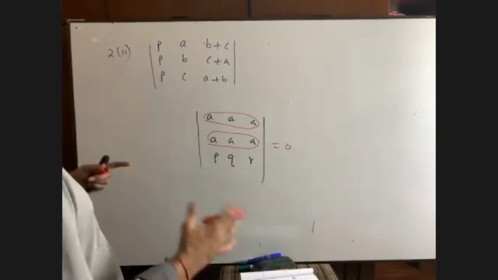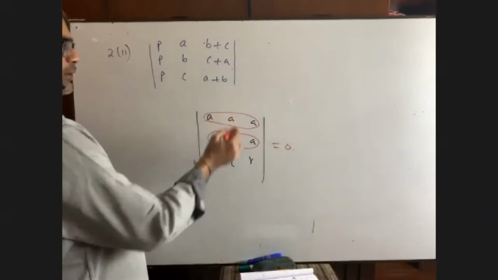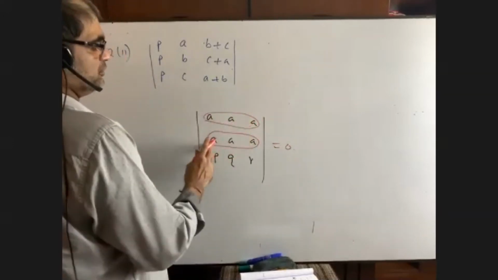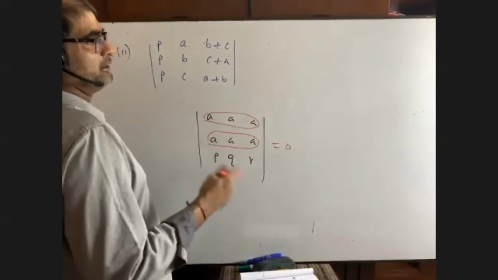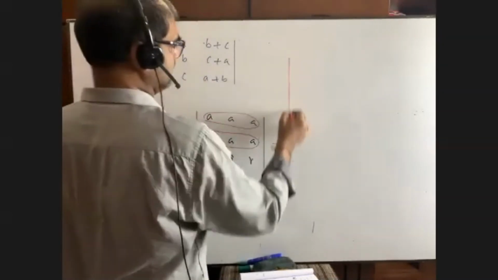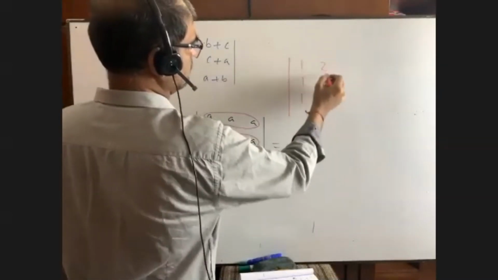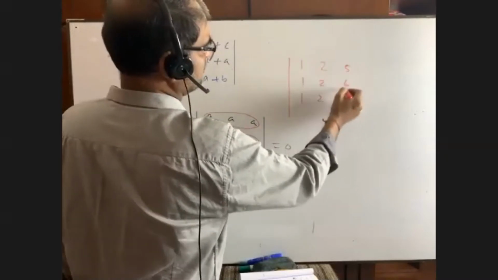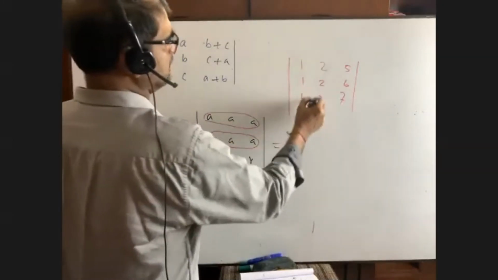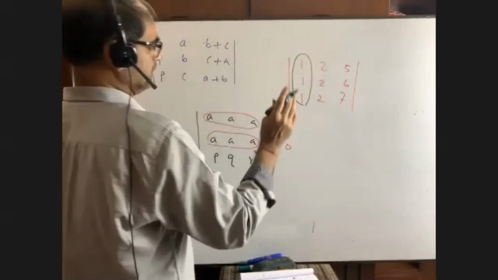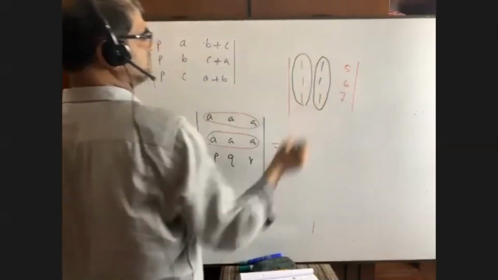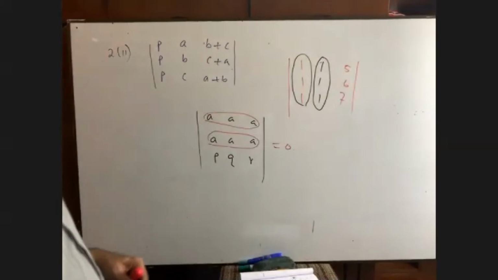We can prove how it can be 0 if we go for the normal procedure. By normal procedure, this minus this 0, this minus this 0, so everything you will get multiplied by 0, then it is 0. Or if we get 1, 1, 1, 2, 2, 2, 5, 6, 7, what are we getting here? We are getting two columns the same. This is 1, 1, 1, 1, 1, 1. These two columns are same, right? Have you seen?